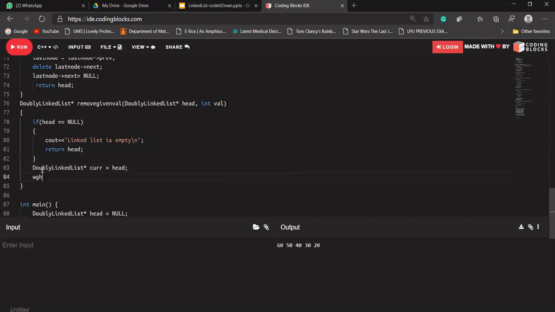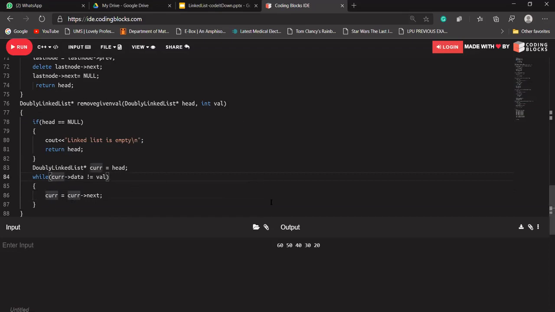And now I'm saying while current's data is not equal to that value, then it should do current is equal to current's next, because I want to find the address of that node that we have to delete.